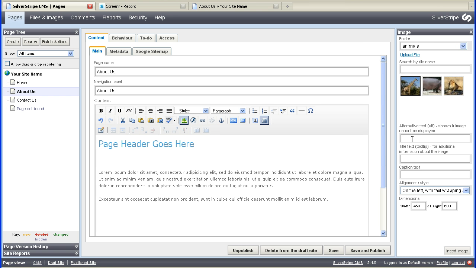Next section down here is the alternative text, and this is the text that would be displayed if the image wasn't available on the web page for whatever reason. What you want to do is make this text a nice descriptive text with keywords relative to your content, because search engines use this when they're indexing and ranking your web pages. So we'll just type something in here, Africa